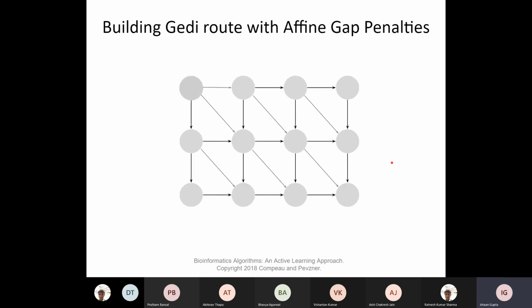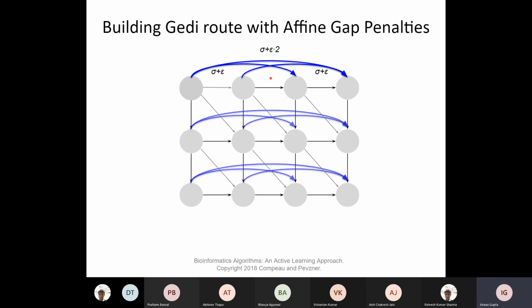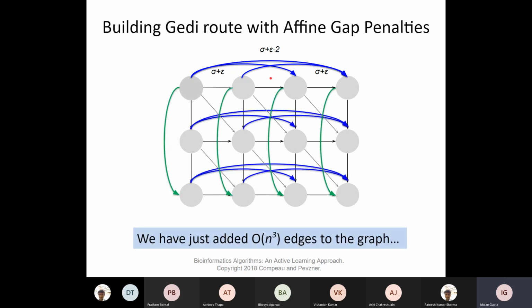As a result, when you had a matrix like this earlier, where you moved as insertions, deletions, and matches or mismatches along the diagonal, you would now have basically n connected components. Now you are going to add one more layer of arrows, which represents these affine gap penalties. These are the new penalties that you add, and you do that for all the edges in all the directions. By doing this, you're going from an n squared graph to what's called an n cubed graph,